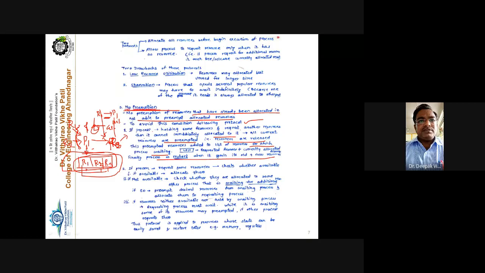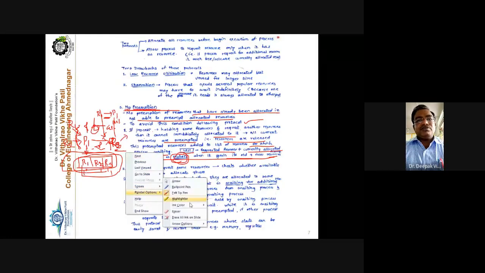The operating system makes the list. What does this list contain? It contains the requested resource, R3, and the currently allocated resources, R1 and R2. So it contains the requested as well as the allocated resources. After the list is prepared, you restart that particular process, and once restarted, it gains its old resources, R1 and R2, as well as the new resource it requires. Then the process executes successfully. This is the first case.